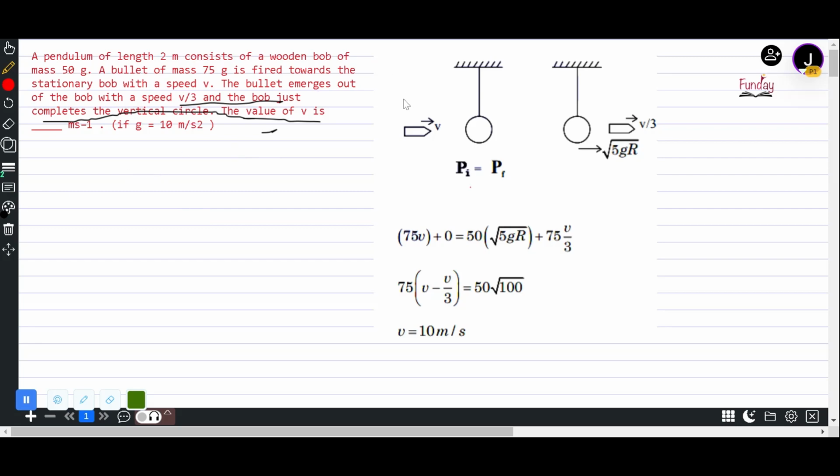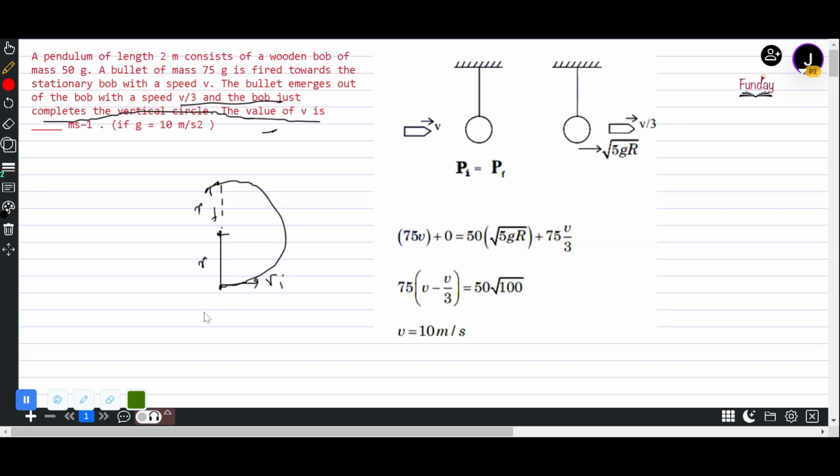Such a beautiful question. Now you know the minimum value at the bottom for a pendulum to complete its journey to the top. You know that concept, no? I'll explain that to you. So presuming this is R, or L, we'll take R. So this also becomes R, and the pendulum starts from here at a velocity, say